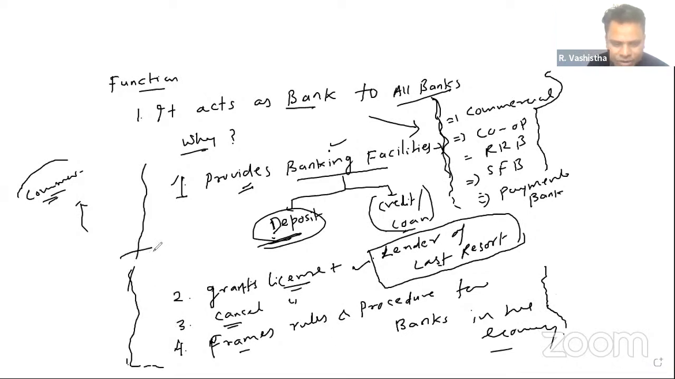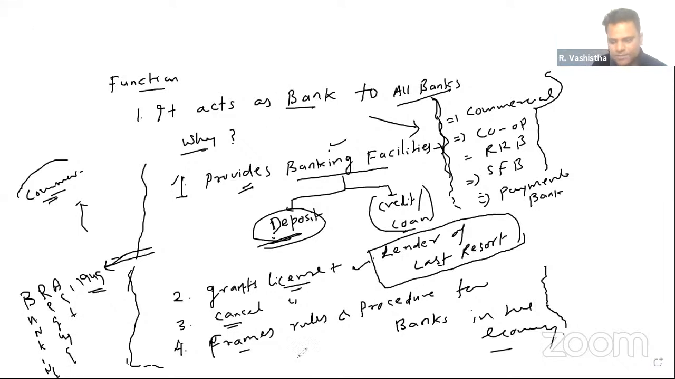And we have already seen that these powers were given to RBI through the passage of the Banking Regulation Act of 1949. These powers were given to RBI, and since then RBI became the bank to all banks. So apart from being the agency which prints money for the economy, Reserve Bank of India also works as bank to all banks, right? The next important function is that